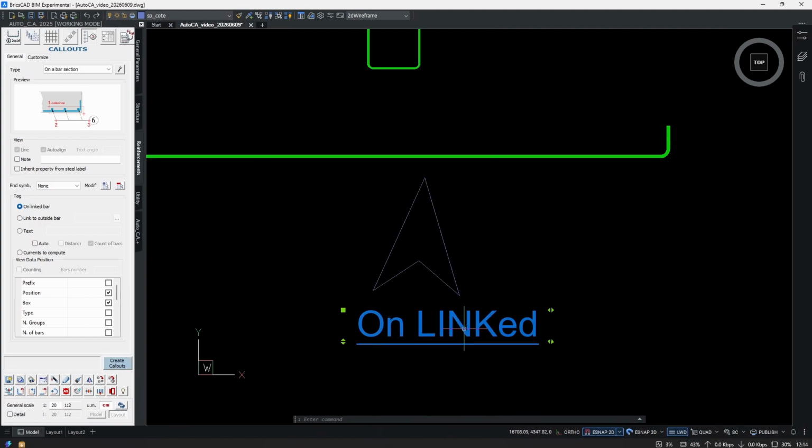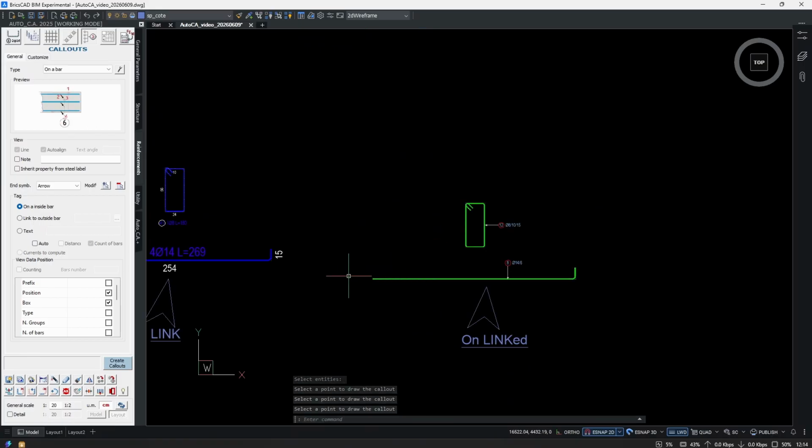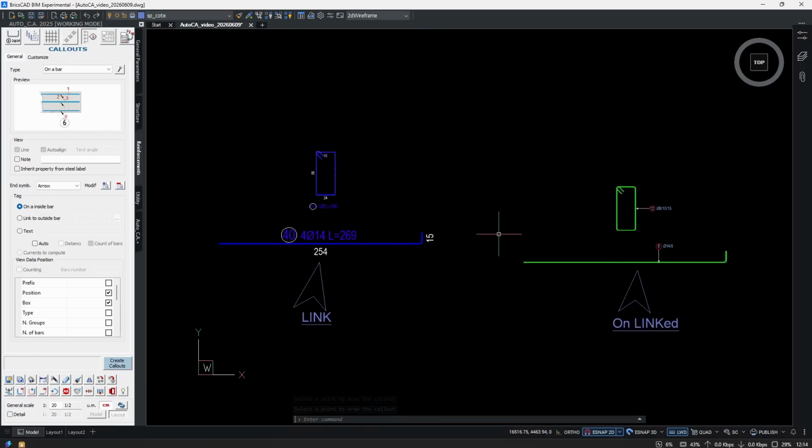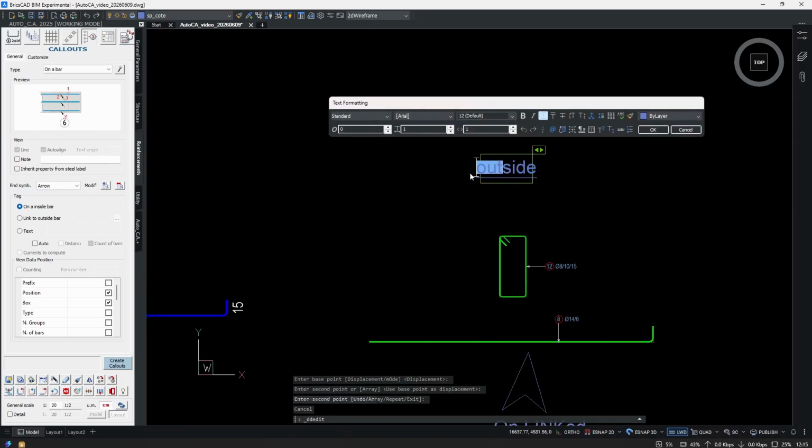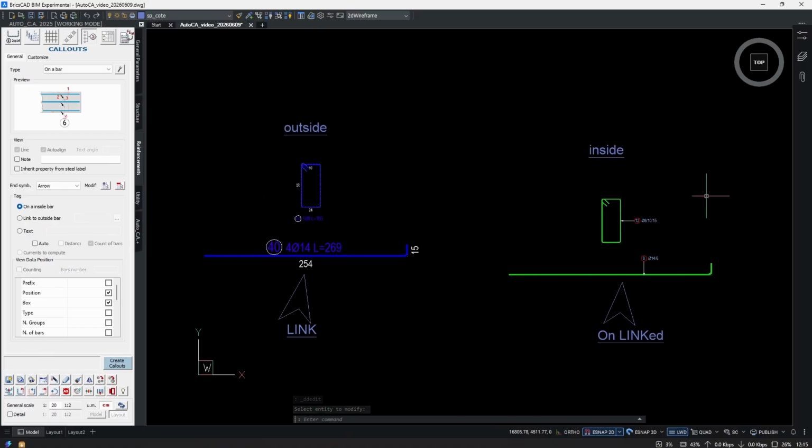That's why I wrote here the onLINKed phrase. Okay, so this is the difference. Outside, and this is inside. Okay, so keep in mind this graph. It might help you. If you want to create these callouts, these will only work correctly if this relationship exists